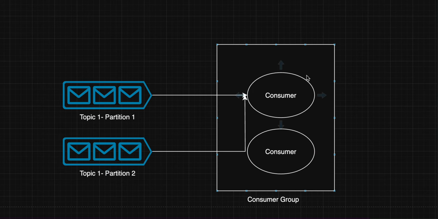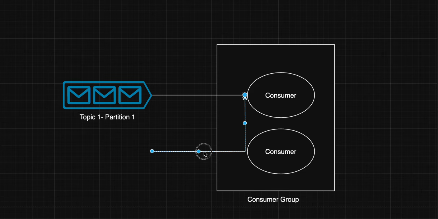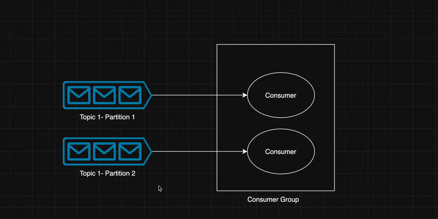So, in easier words, if there are n partitions, we cannot have more than n consumer instances, because any consumer beyond n will always be idle. Like if there was only one partition, this one will always be idle. This consumer is never consuming. It's a waste of resources, so make sure that this is not happening.